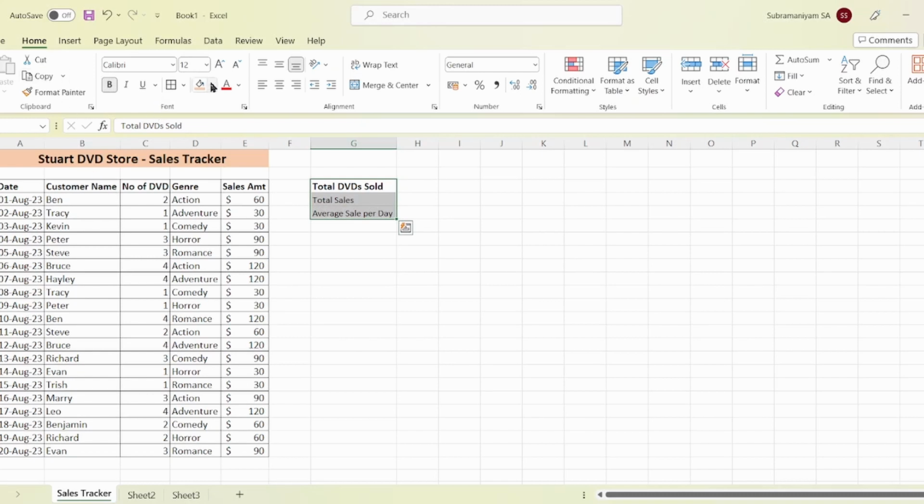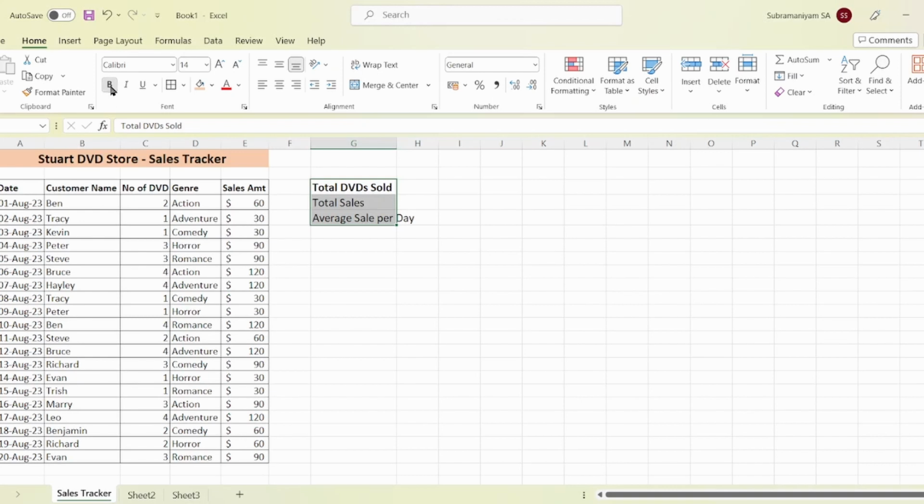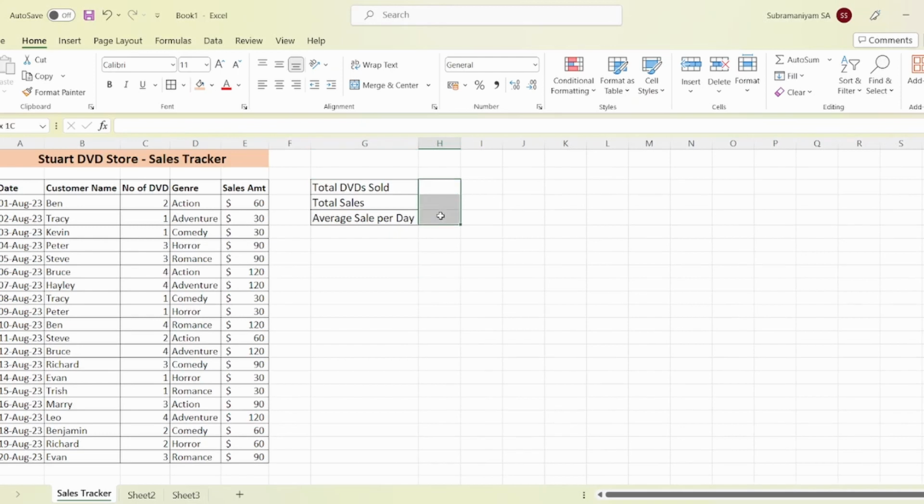We can change the font shape to probably 14. We don't want it bold. Just add a border. Okay. Now we'll start with the functions. Total DVDs sold. To get this, we actually need to count all these values, that is from C4 to C23. Okay, so to do that,